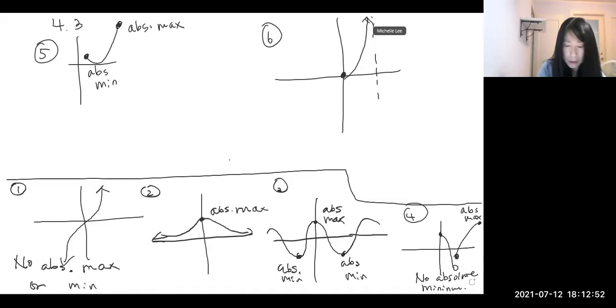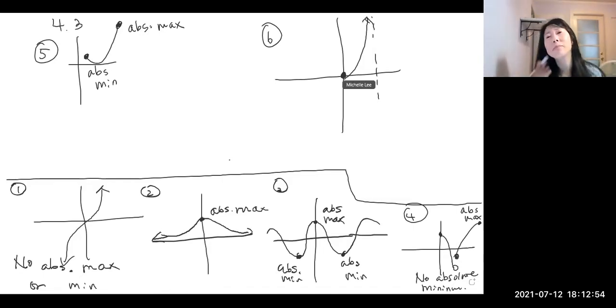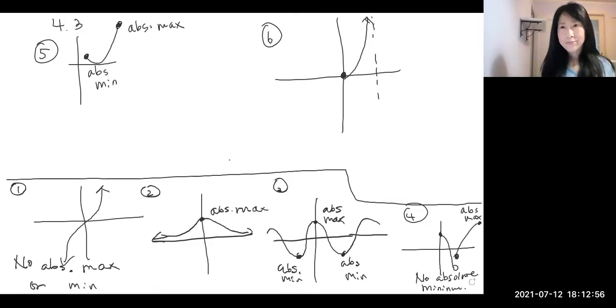So is there an absolute maximum? I would say absolute minimum. Is minimum good? How about the minimum? I mean, maximum. No, there's no maximum because it keeps going, right? It keeps going. All right, so